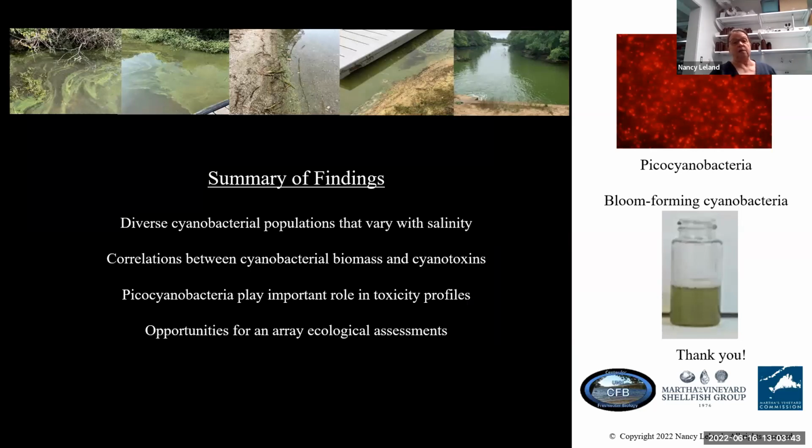So, summary of findings. Basically what we're seeing are a diversity of cyanobacterial populations depending upon the salinity profiles that you have. Since you have such an extensive gradient out there on the Vineyard, you would expect to see many different types of populations all within a very small space. We did see correlations between the cyanobacterial biomass and cyanotoxins even in the brackish waters. So that was pretty exciting for us to be able to confirm that,